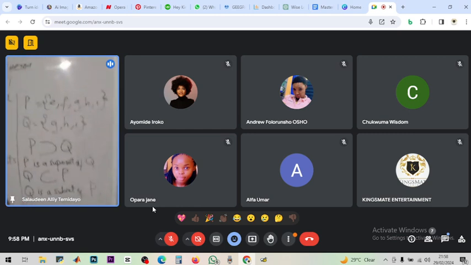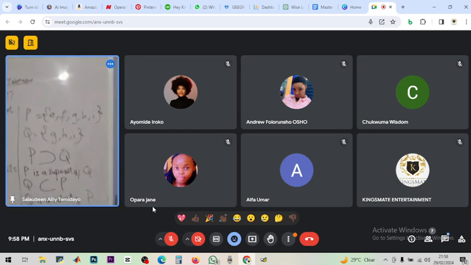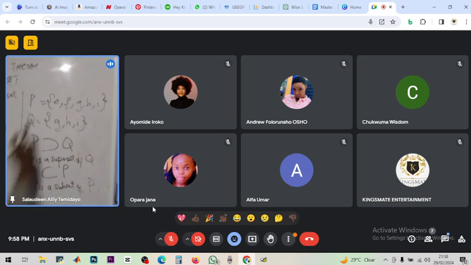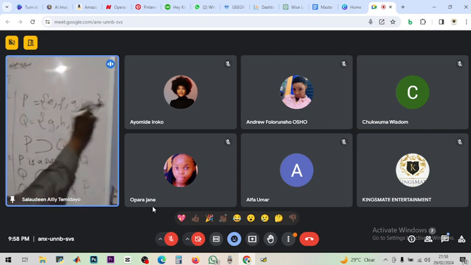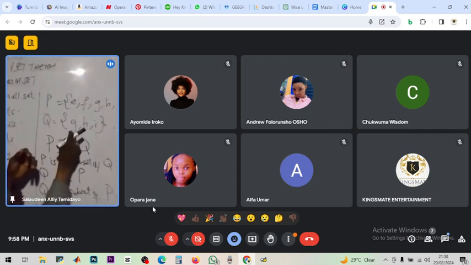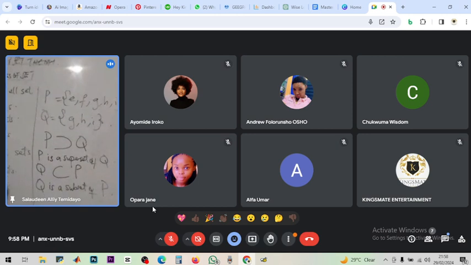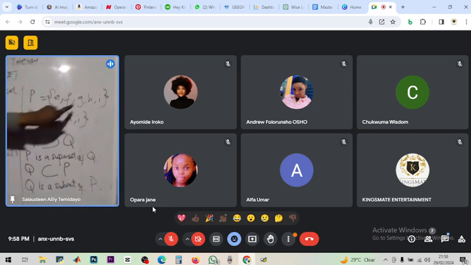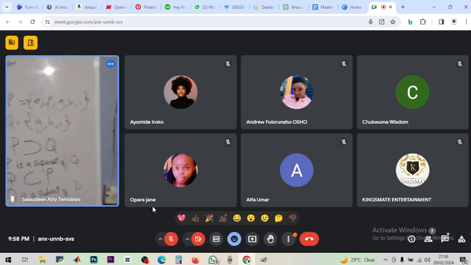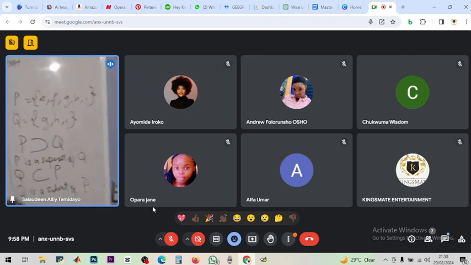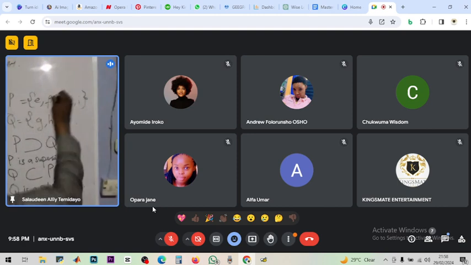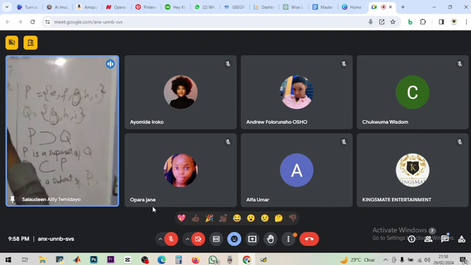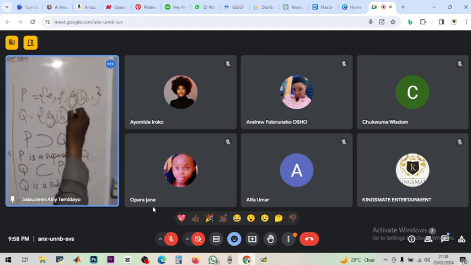So P equals EFGHI and Q equals GHI. So P has F, it has E, it has G, it has H, it has I. So the elements of Q are just GHI. The G is present in P. It is also present in Q. H, I,